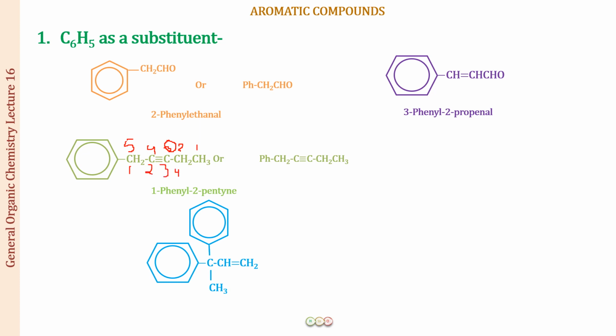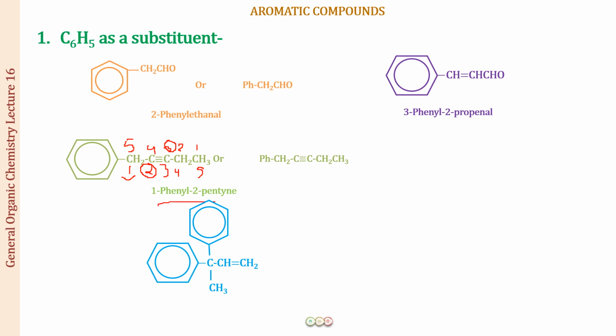So we can do that. And when we do it this way, you will be seeing that we give the triple bond carbon number position 2. So this is going to be the correct way of numbering. And when we do it this way, at carbon number 1 we have the phenyl ring, and at carbon number 2 we have the triple bond. So the name of the compound becomes 1-phenyl-2-pentyne.